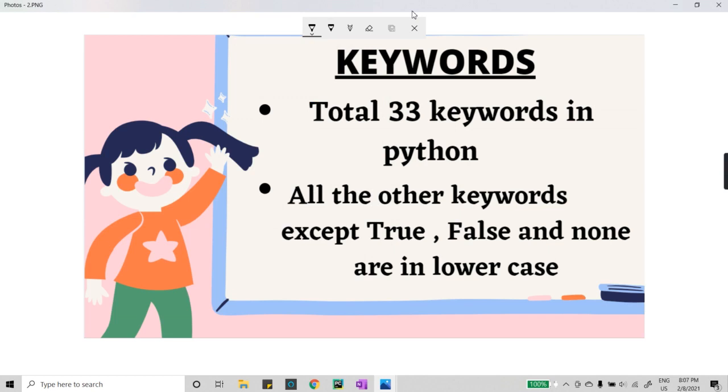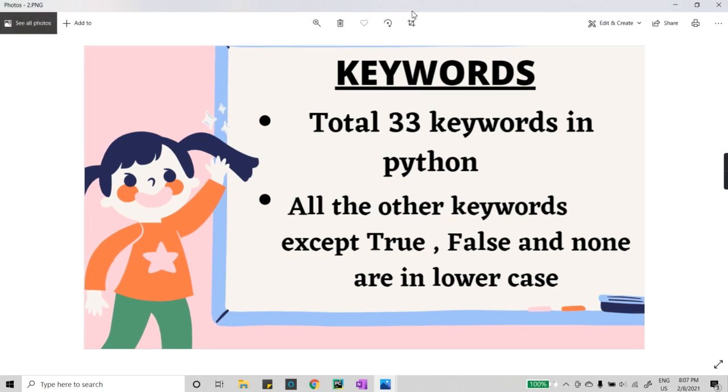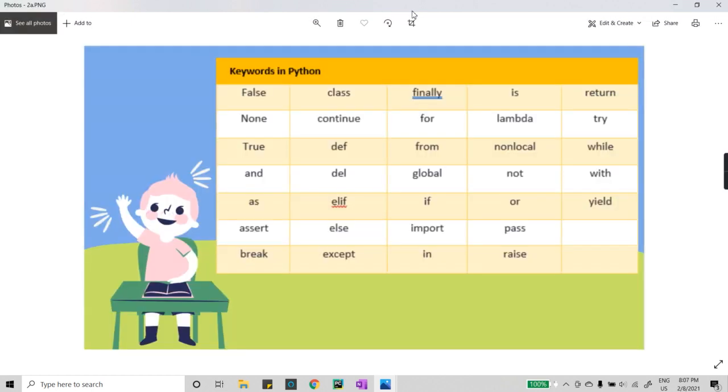So let me just write that: True, False and None. This T is capital, this F is capital and this N is capital. Other than these three, no keywords have their first letters capital. Fine. So these are the full list of all the 33 keywords which we have in Python programming.